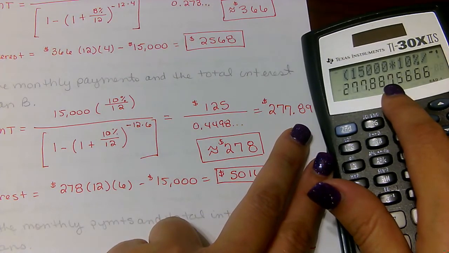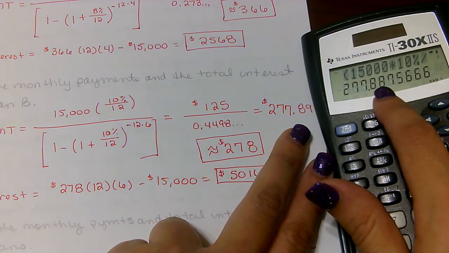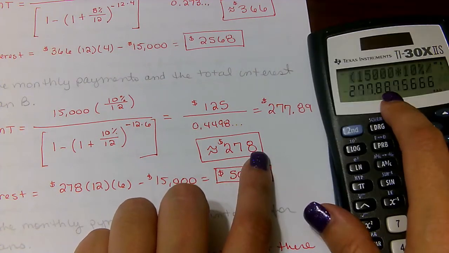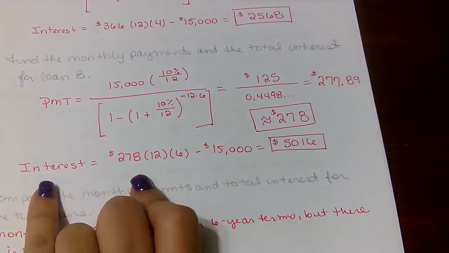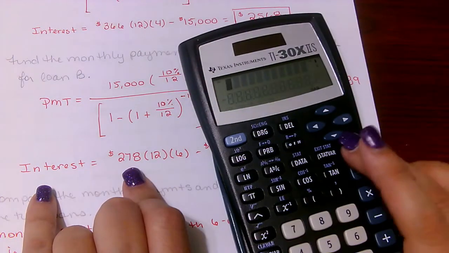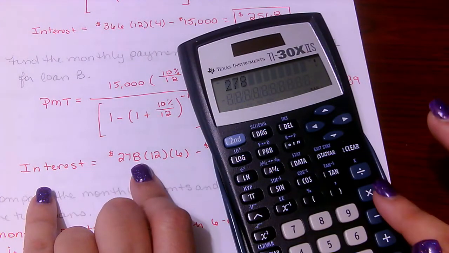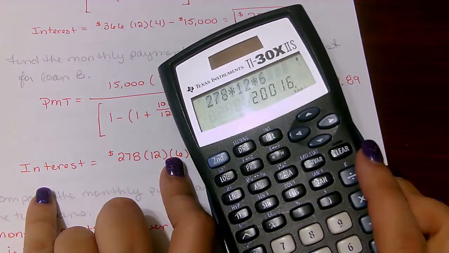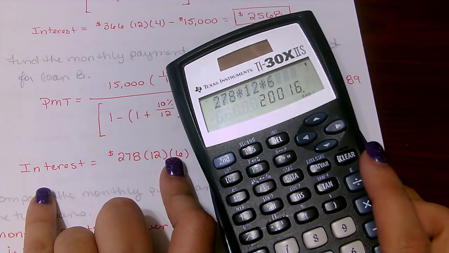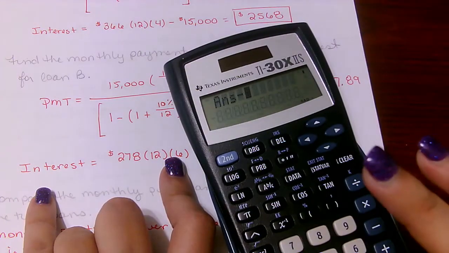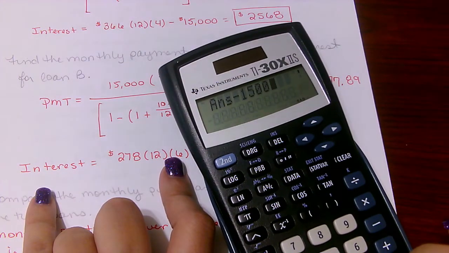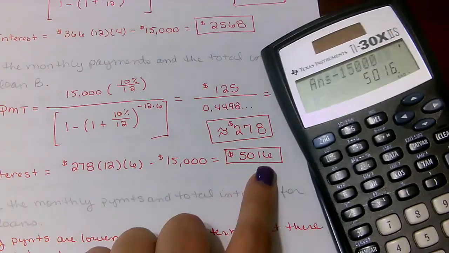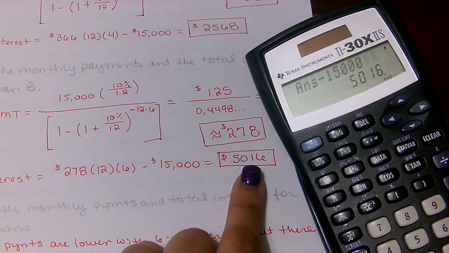$277.89. Remember, the 7 is greater than 5, so you round the 8 up to 9. This is approximately $278. Now let's go ahead and find out our interest. If we make payments of $278 12 times a year for 6 years, we will pay a total of $20,016. Remember, our original loan was for $15,000. So if I subtract that from the amount that I pay, it means that I'm going to be paying an interest of